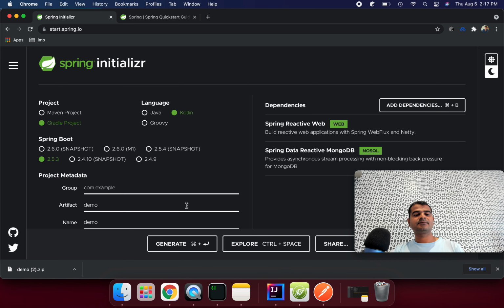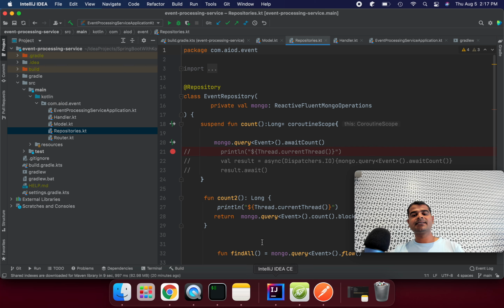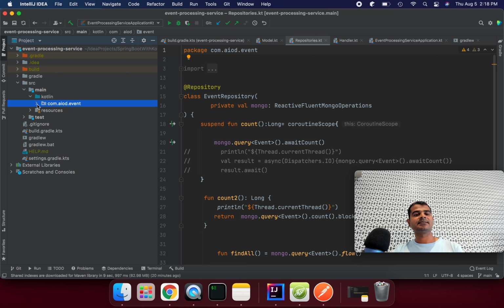For those new who don't know anything, they can just start from start.spring.io and you will be able to do the things. But I have already done all the setup and the code that I'm going to explain to you, so I'm not going to explain the basics or do all the setup, but generally this is the idea of how you can start. Once you download the project, you will see an empty project.